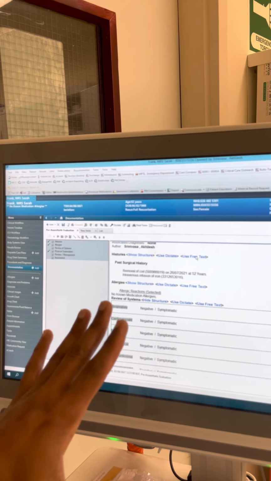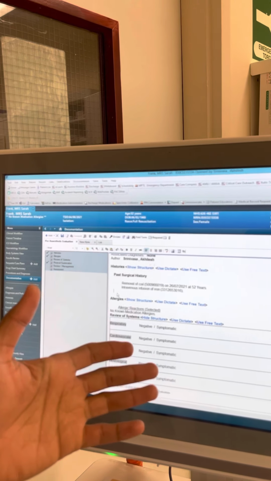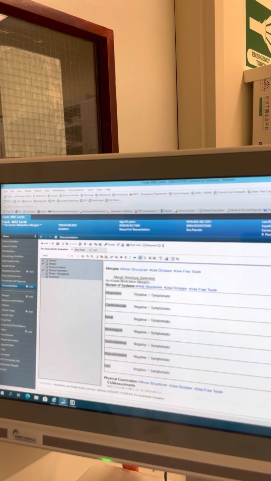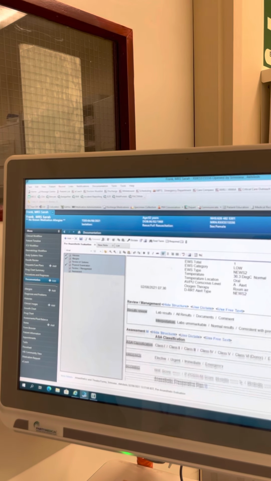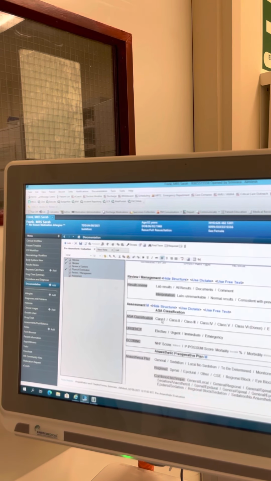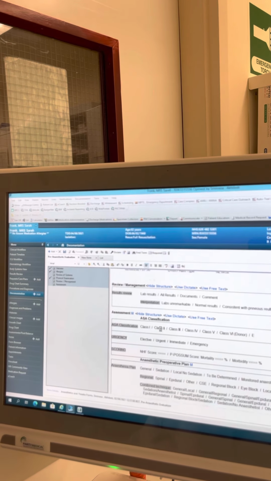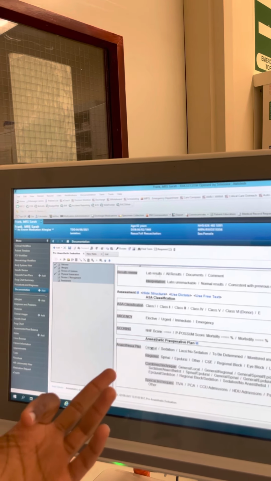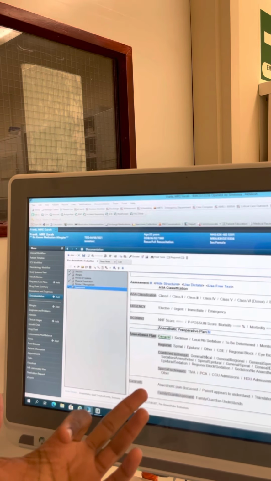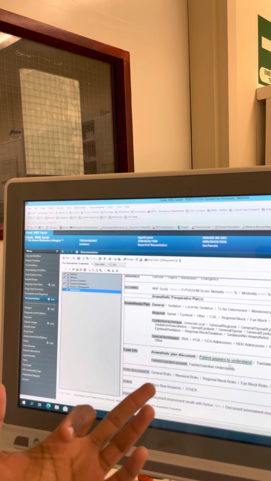Here just use free text and write all the history like diabetes, hypertension and all that. And then when you go down, all the vitals will be there, and class 1 or class 2, urgency, scoring. Just keep clicking on what you want, and if you press general here, if it is a general anesthetic, then anesthetic plan discussed, you just click, it will highlight like that.